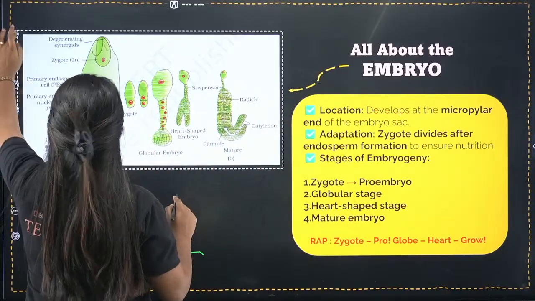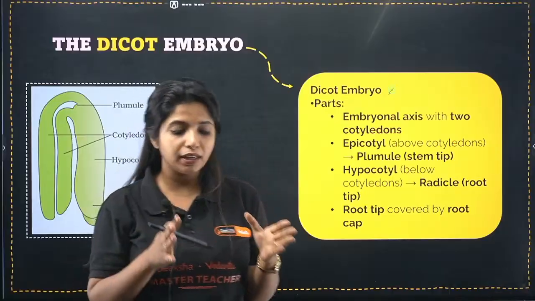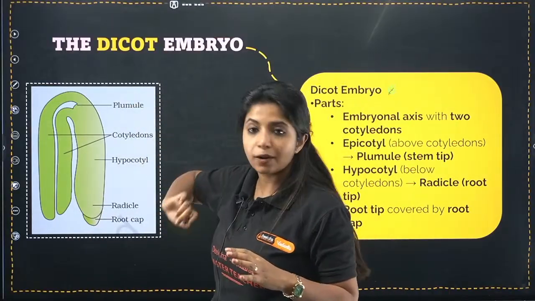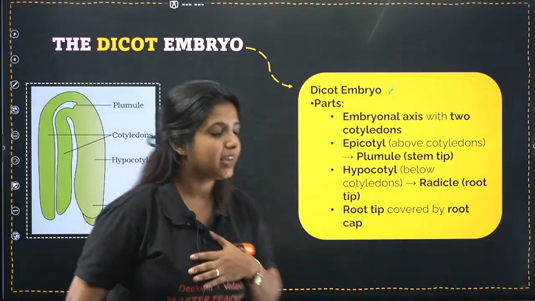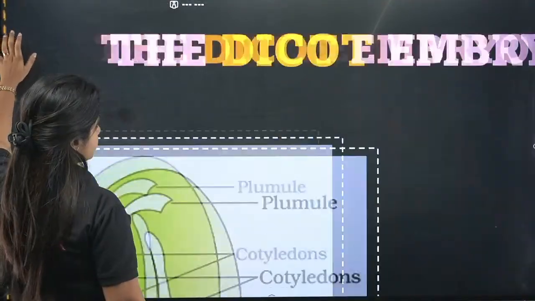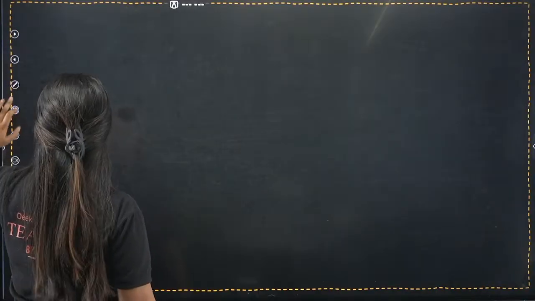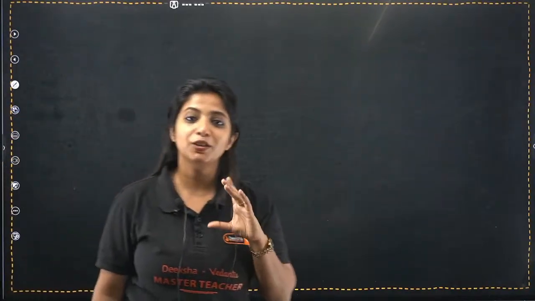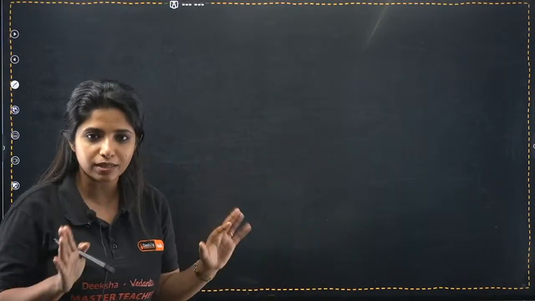Fine. So now we are going to get into different types of embryo, that is dicot and monocot. For your second PUC, you will be asked a diagram for dicot and monocot. You need to know the diagram and I'll help you with that. When I start explaining this, there are chances that you might feel, oh my god, I cannot do it. But trust me, it's very simple and you can do it. Know the logic and you will remember it forever. The logic goes like this.